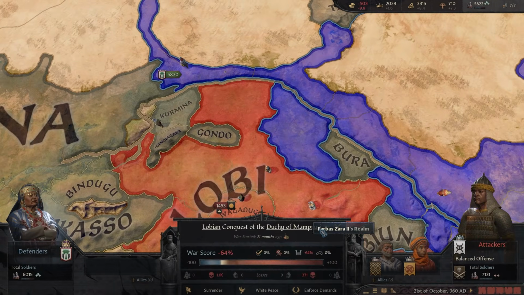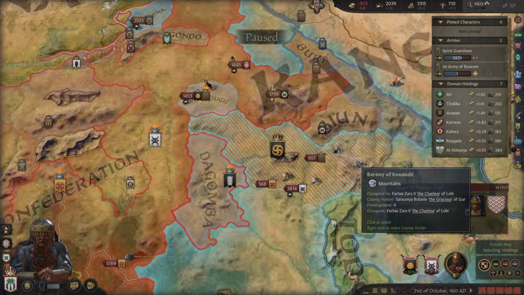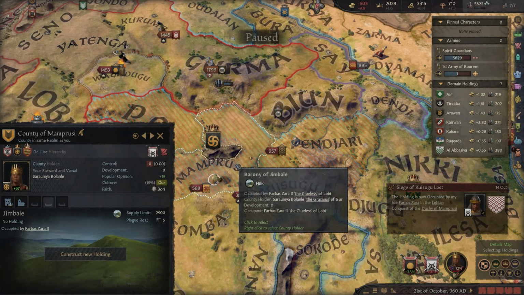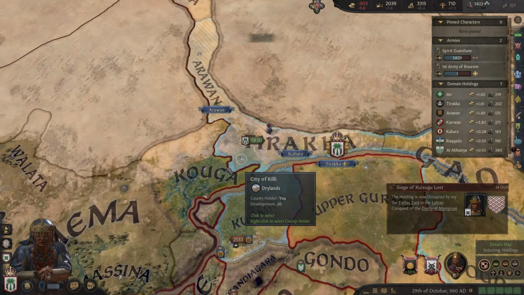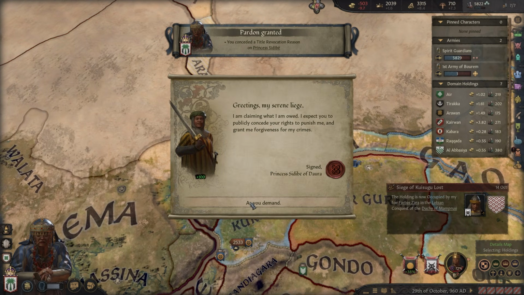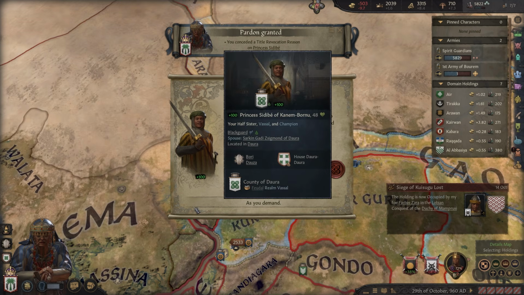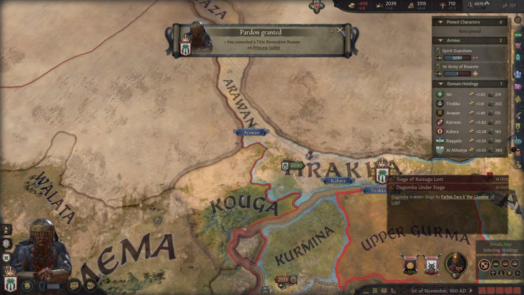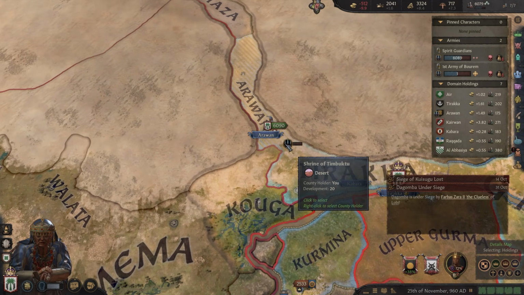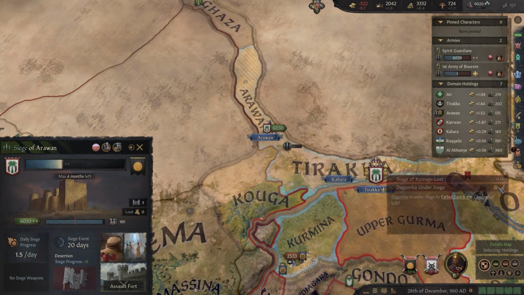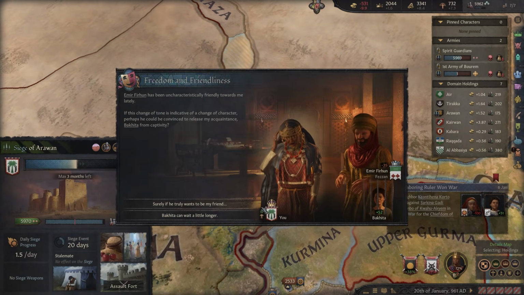So now I need to take this one back, and then we get taken war score. Do I care about this one for this duchy? Not at all, really. Honestly, could not care less about this duchy. Our capital is our main thing. I can see the title revocation reason on them. That's what they use their hook for. Honestly, fine. Whatever. Doesn't bother me. They want to use their hook for that? Great.